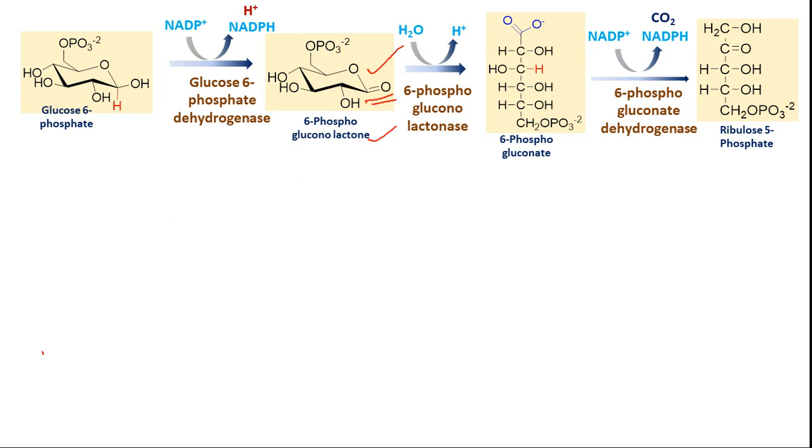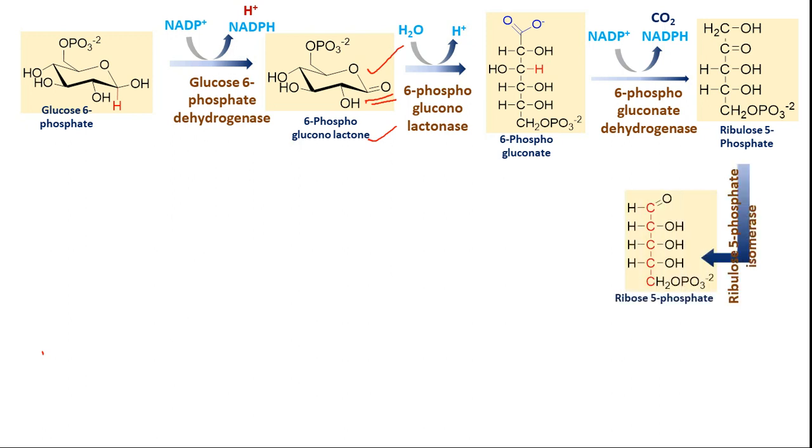Because in Krebs cycle also you will see similar kind of reactions where carbon dioxide is eliminated, and at the same time one of the hydroxy groups is getting oxidized. Okay, so in Krebs cycle we have seen production of NADH, not NADPH. And this ribulose 5-phosphate, upon reaction with the enzyme ribulose 5-phosphate isomerase, is converted to ribose 5-phosphate. So what is the difference between these two?